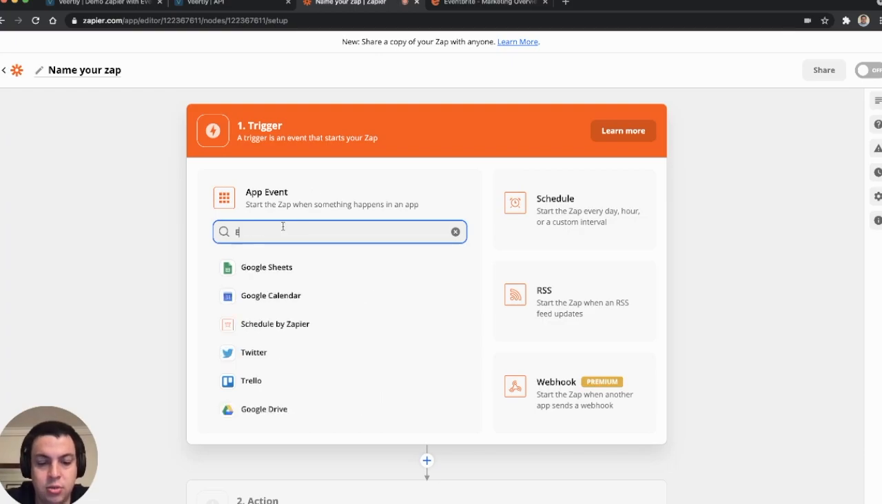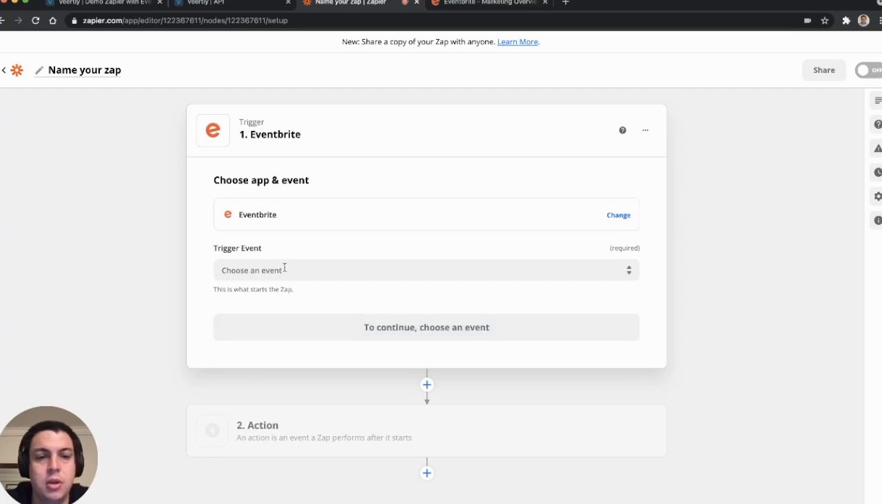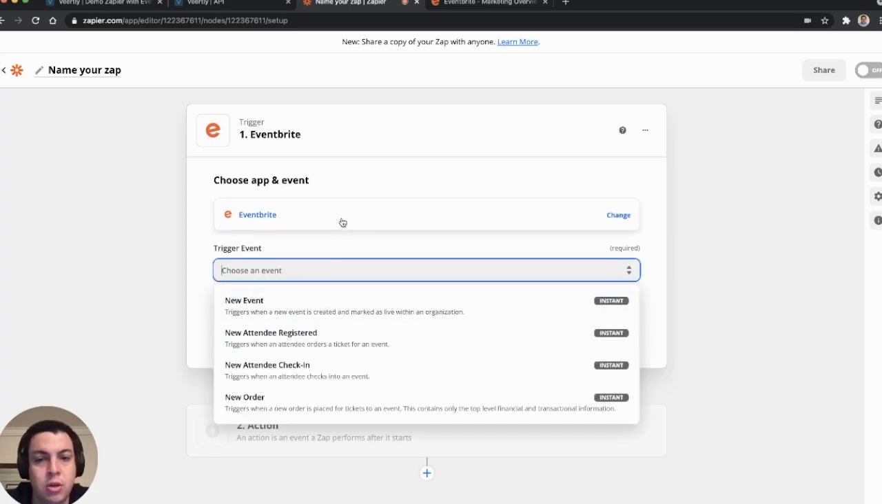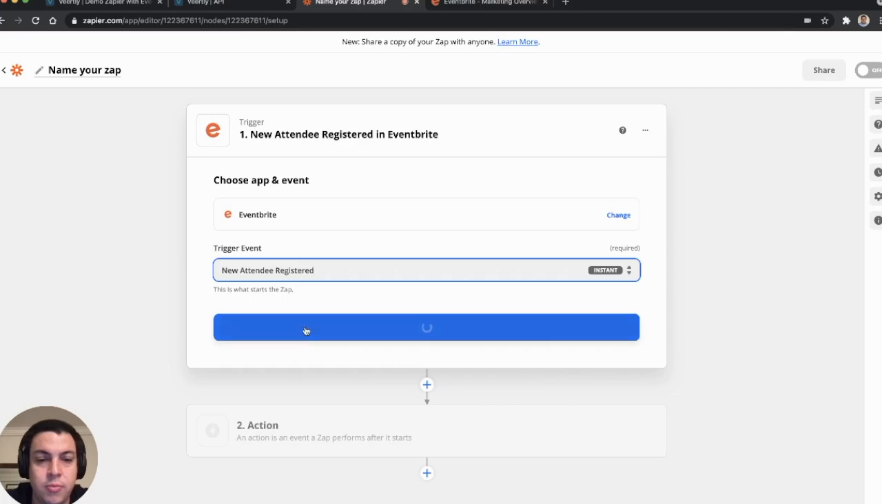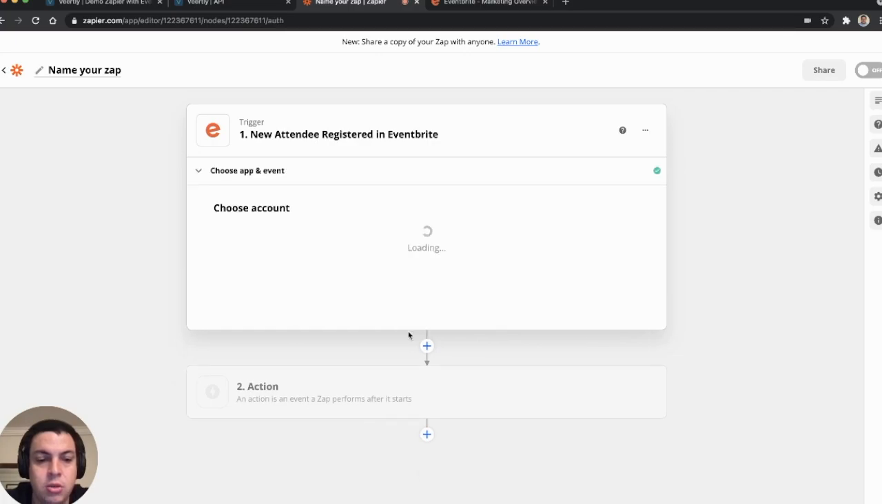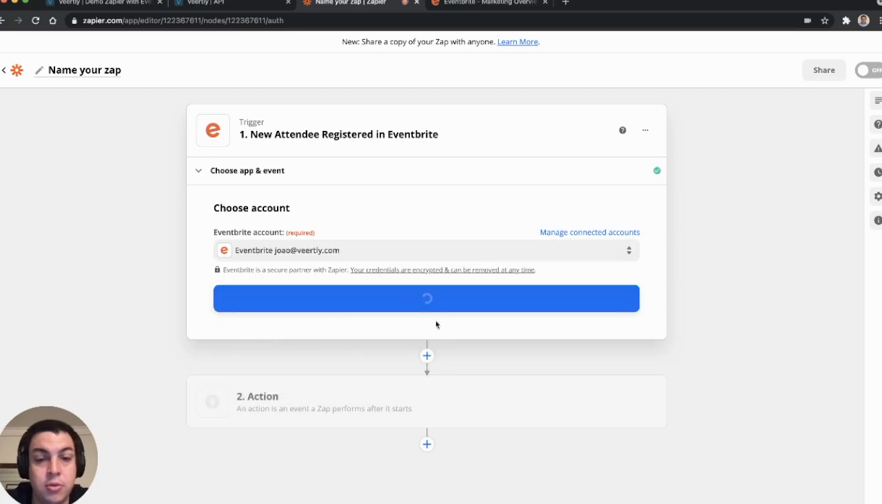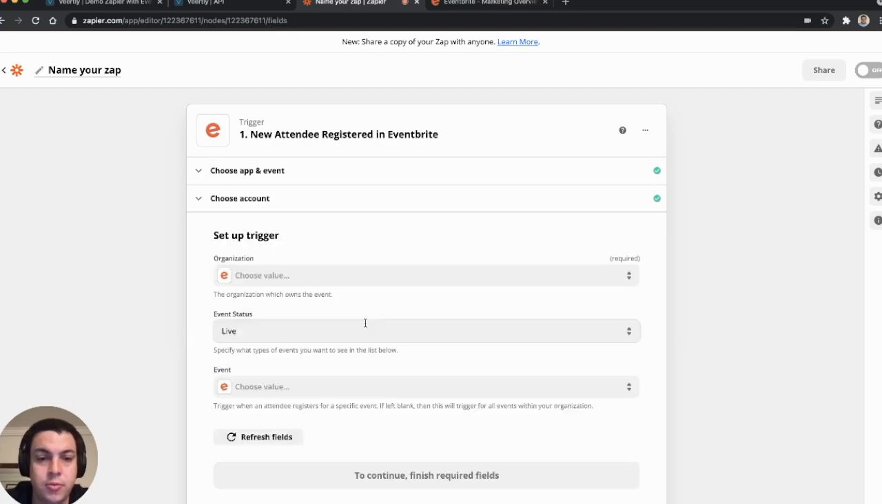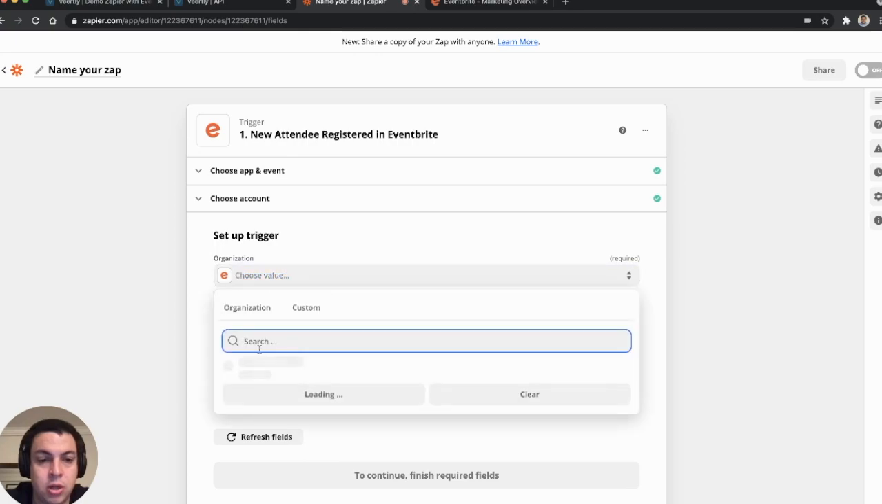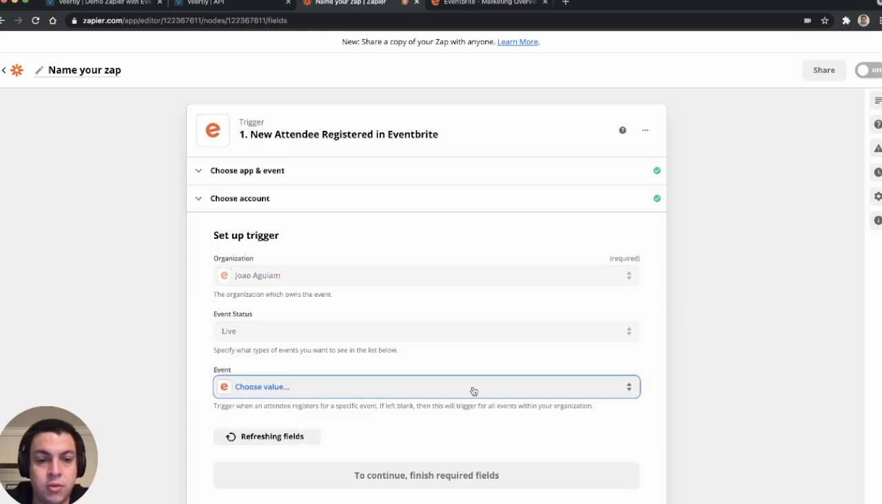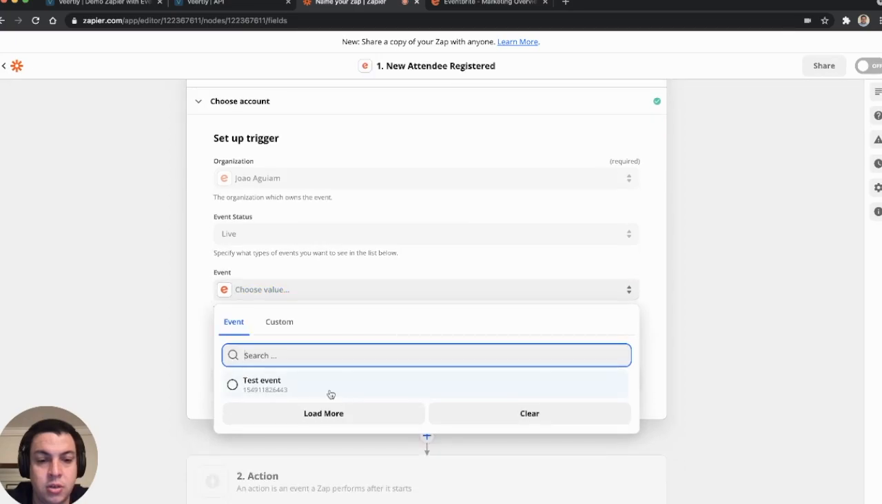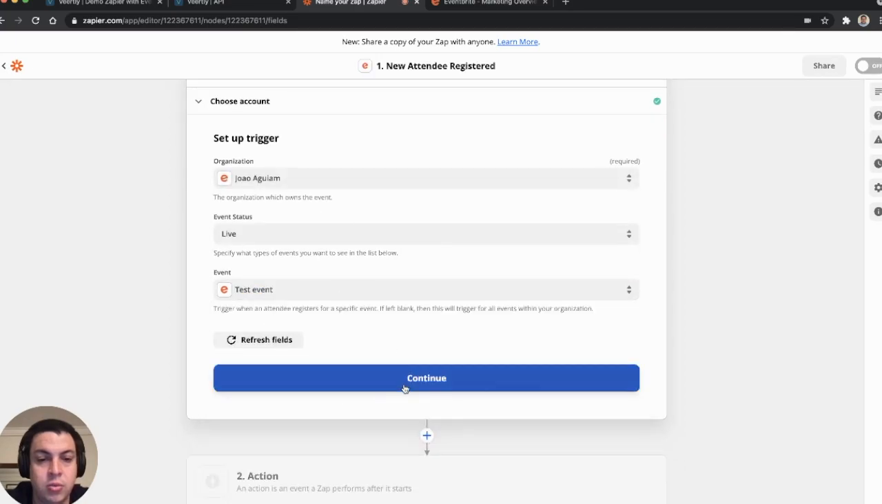The first thing is to find Eventbrite, which will trigger this Zap. Here you need to connect with your account, which I already did, and you say that you want to trigger this Zap when a new attendee is registered in your event. You continue, select your own account on Eventbrite, then select your organization and finally your event. So now you have connected it with